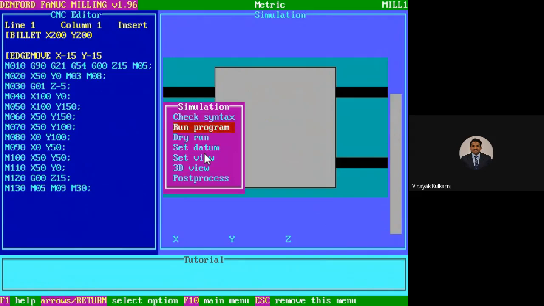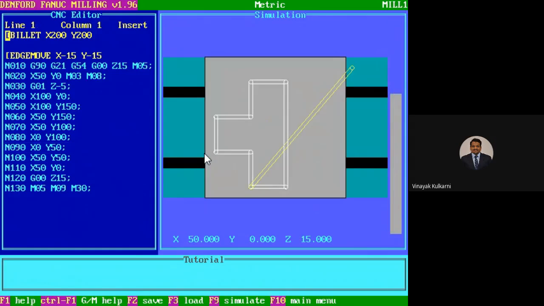So before running the program, you make sure that the cursor comes back to the billet. If you're running the program when the cursor is at N90 or N80, the program will run only that much. So when I press enter, now it was very fast. Okay, when I press enter, it has simulated. I can't slow it down. There is no way that I can slow this down. Okay, anyways,